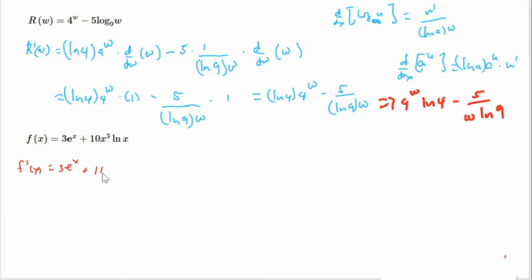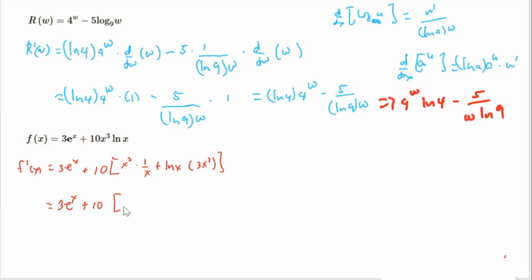So I will write first the coefficient of 10 times, using the product rule, I can write now x cubed times the derivative of ln of x, which is 1 over x, plus ln of x times the derivative of x cubed, which is 3x squared, and then simplify. So we can write now 3e raised to x plus 10 times, simplifying inside the bracket,